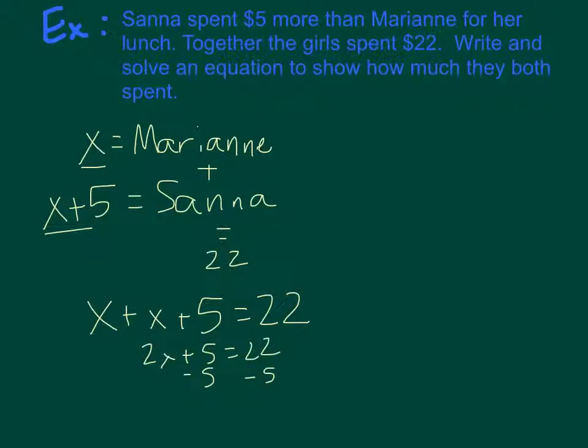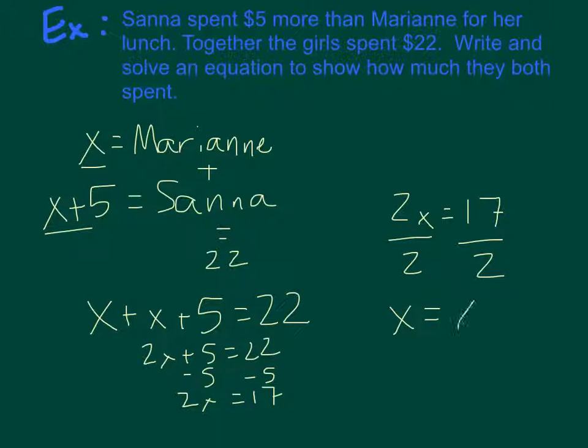Subtract 5 on both sides. 2x equals 17. I'm going to continue up here. So divided by 2, and x equals 8.5, which tells me that Marianne spent $8.50, and Sana spent $5 more than her,